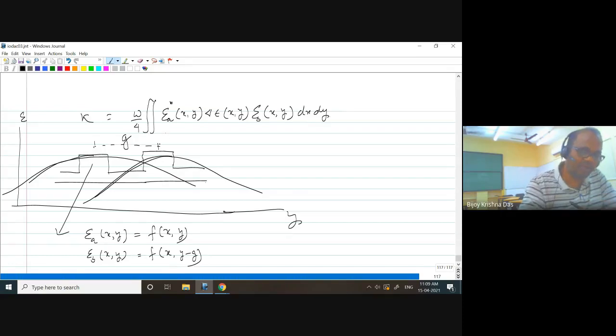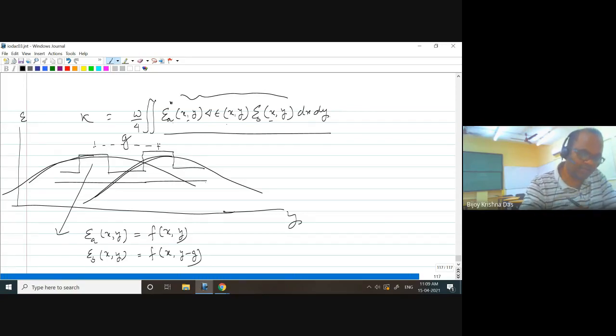So whenever I am trying to calculate this overlap integral, I should see the coordinate positions of these waveguides. Depending on their separation, that should be included in the profile. That is one thing. And this integral will exist only when all three of these are non-zero: the field due to waveguide A, the field due to waveguide B, and the perturbation must exist.